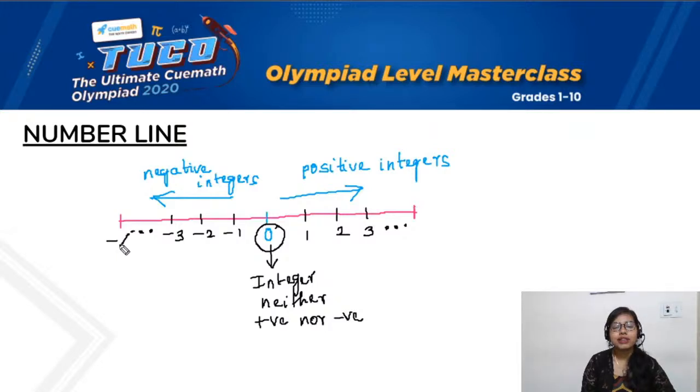So this would go on till minus infinity. This will go on till infinity. When I say infinity, it means that it does not have a fixed value at which it ends. It keeps going on. Okay? I hope that was clear to all of you about the number line. Now with this, we would be quickly moving ahead